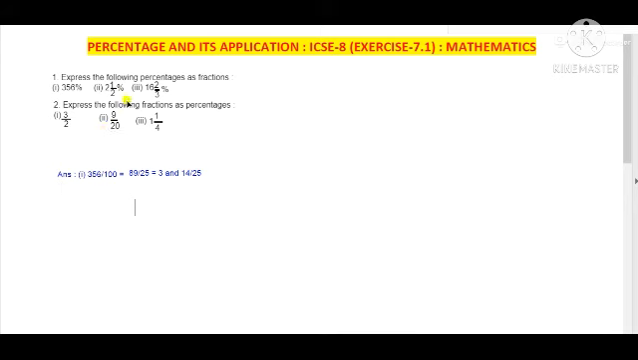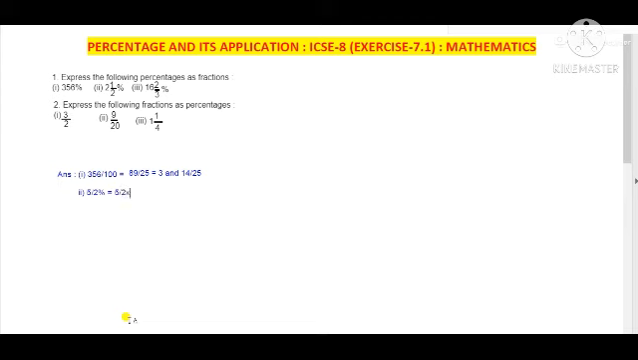Now number 2. Answer number 2: 2 and 1 by 2 percentage. 2 and 1 by 2 means 2 times 2 is 4, plus 1 is 5, so 5 by 2. This means 5 by 2 percentage is equal to 5 divided by 2